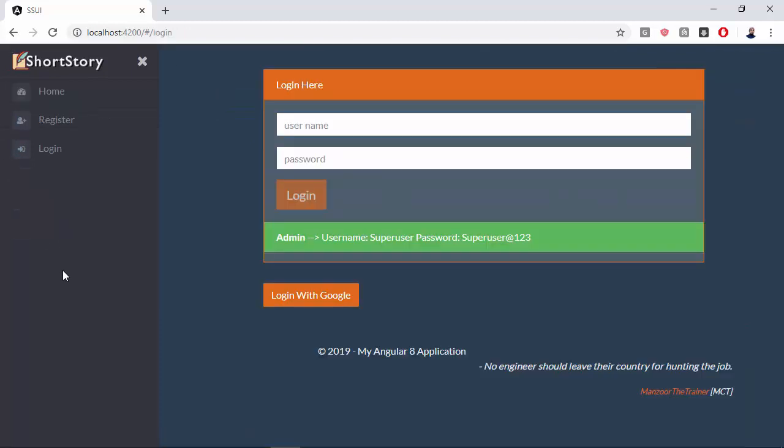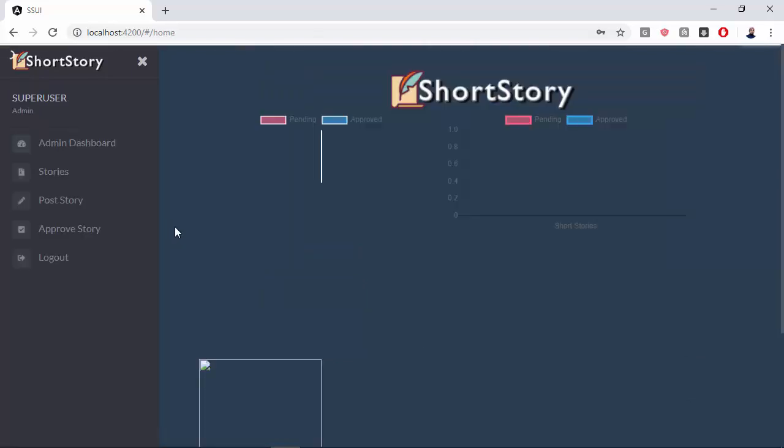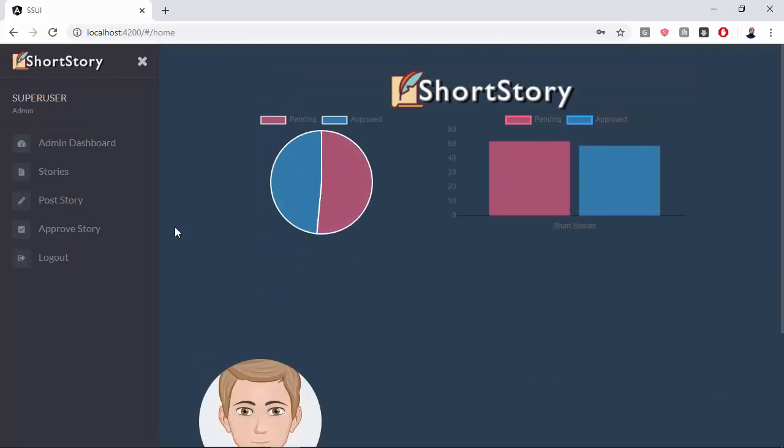admin will come into the picture. So here you have admin, the super user. Once an admin logs in, on the admin's dashboard it will show all the pending stories from all the users.